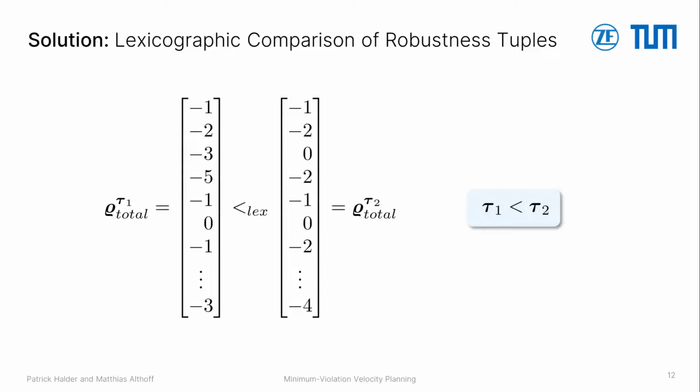We have to evaluate 64 rules to generate the robustness tuples. But for the lexicographic comparison, this is actually not necessary. Let us compare the tuples again. We see that the robustness values for the first two rules are equal, so we continue with the robustness for the third rule where the values already deviate. According to the already presented lexicographic comparison rule, this already defines the relation between the two tuples and we don't have to look at the values which are to come below. We make use of this in our algorithm to reduce the number of necessary rule evaluations and save computation time.